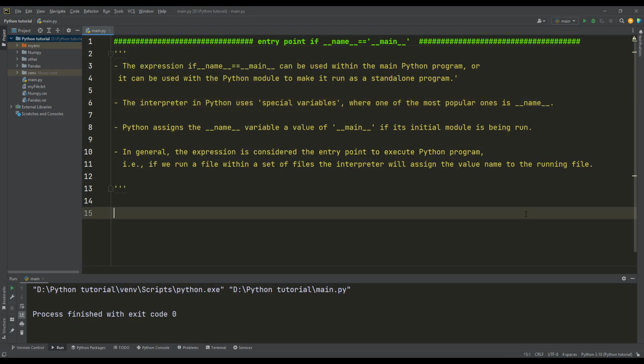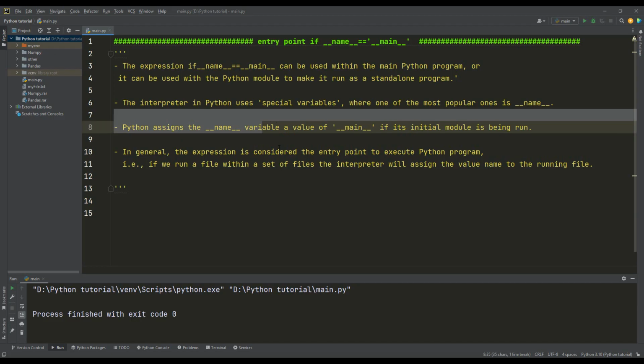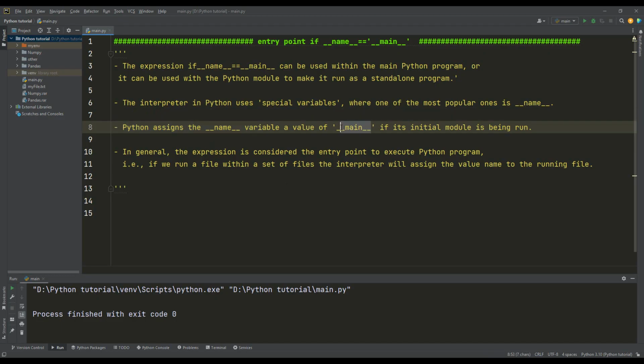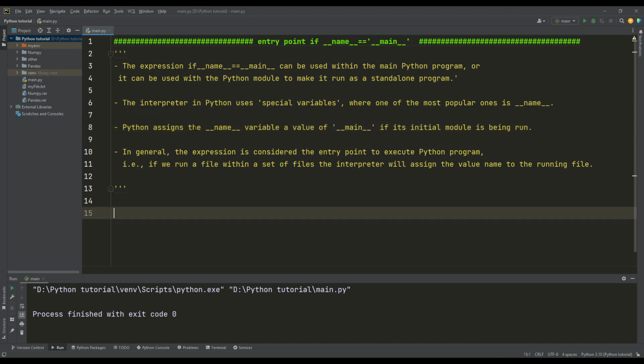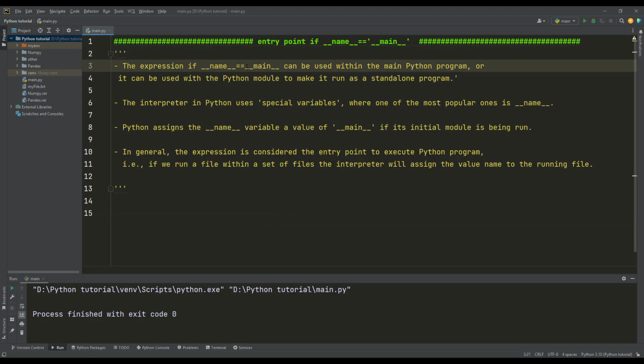This is a special variable or attribute, and the interpreter assigns a value to this variable, and this value is main if the initial module is being run. So if I run this file main.py, then the Python interpreter will automatically assign the name main to the variable name.